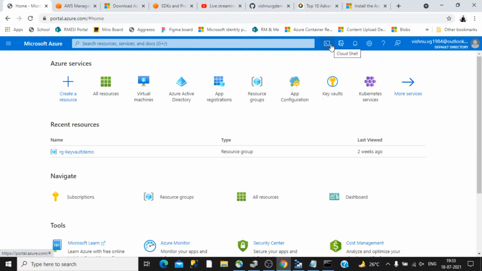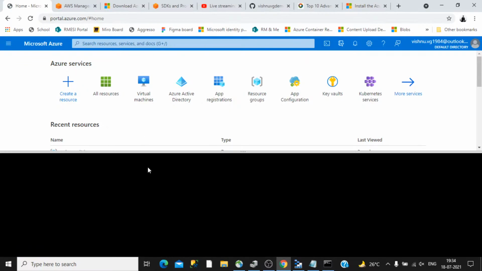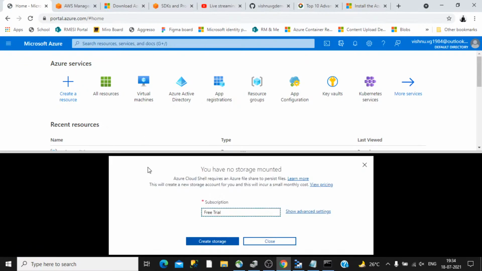And if you don't have your system available with you, you can obtain whatever system you get, log into that, and then you can click on here. This is called the Azure CLI. So Microsoft has integrated that straight away into Azure. So instead of installing the Azure CLI locally, you can interact with Azure through the CLI from this portal itself. The first time you open this CLI, it will ask you to provide a subscription so that it can create this storage.